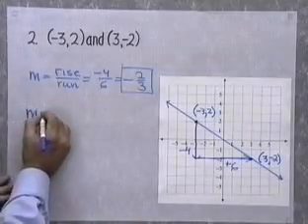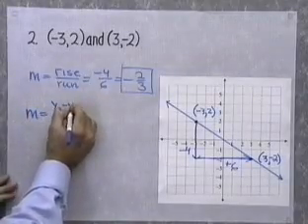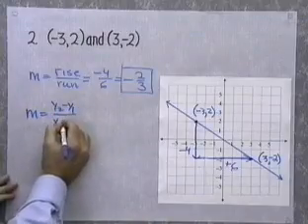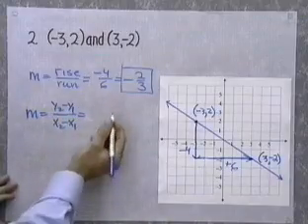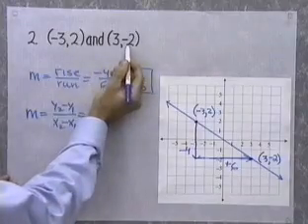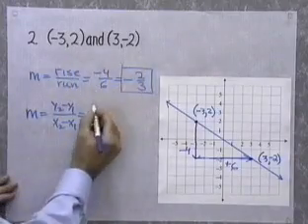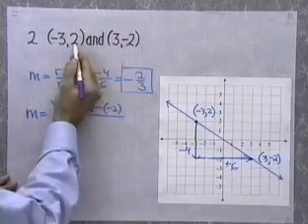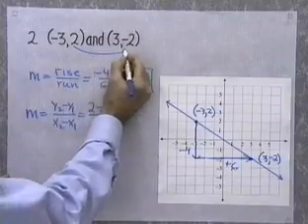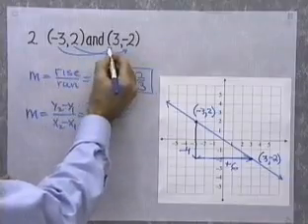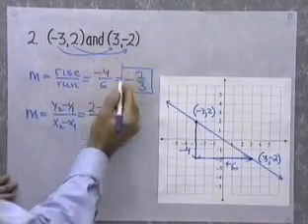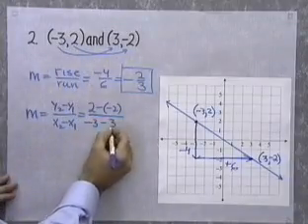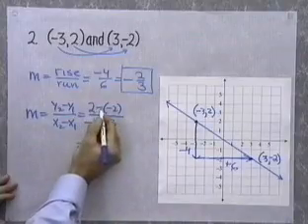So m will also be equal to y2 minus y1 over x2 minus x1. Well, let's just start with this point and subtract the coordinates of this point. 2 subtract -2 for the difference of my y coordinates, so I subtracted in that direction. Now let's subtract in this direction with x. -3 subtract 3. Is that going to come out right? 2 plus 2